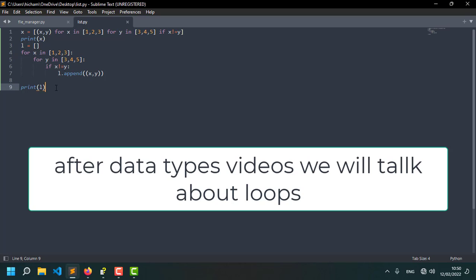So that's why I said in my mind I will keep this list comprehension for another episode, maybe after loops, after we get well knowledge about what actually loops are and how to write loops. Then I'm gonna talk about list comprehension. So this is the first thing. The second thing, let's talk about